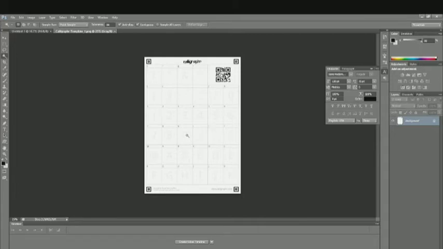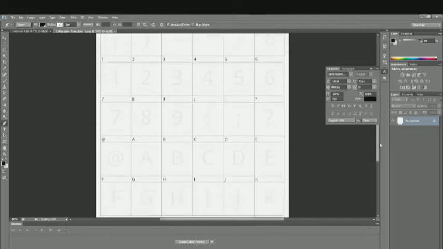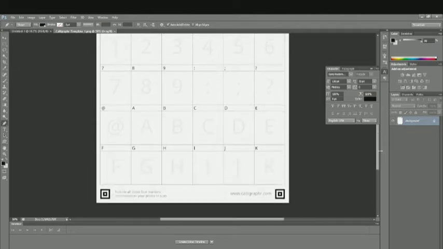I'm just going to be making 2 glyphs only, 2 characters only, because the purpose of this video is just to show you how to make your own font. So I'm not going to write all the glyphs or all the characters in this template. I'm just going to write any 2 or any one of them just to show you guys how to do it.